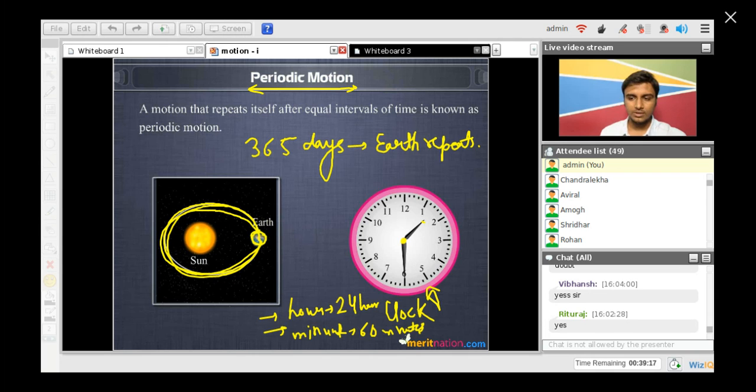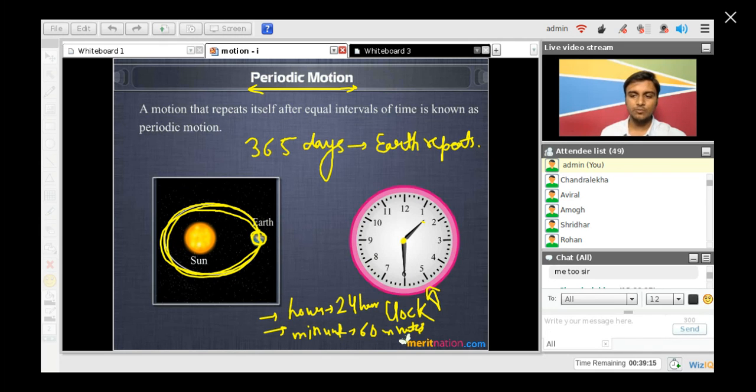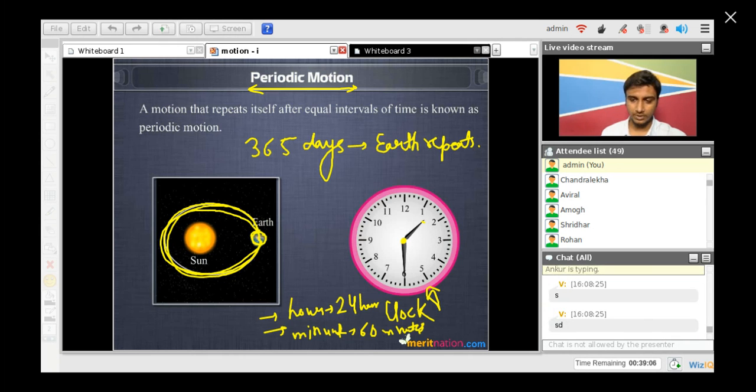Is it clear to every one of you, types of motion? All right. So I think it's clear to most of you. If it's not clear to any one of you,